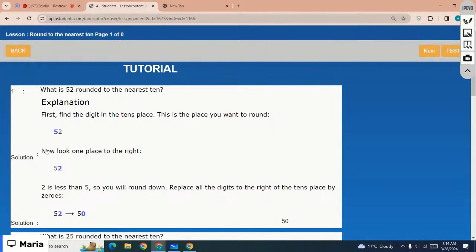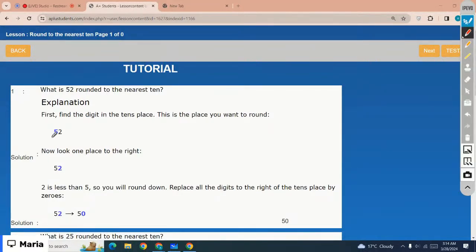What is 52 rounded to nearest 10? You have to round off to the 10th digit, right? So in 52, the 10th digit is 5, right? 5 is at the 10th position. Right next to 5, you have 2. You need to compare that 2 to 5. So 2 is less than 5 or greater than 5? 2 is,